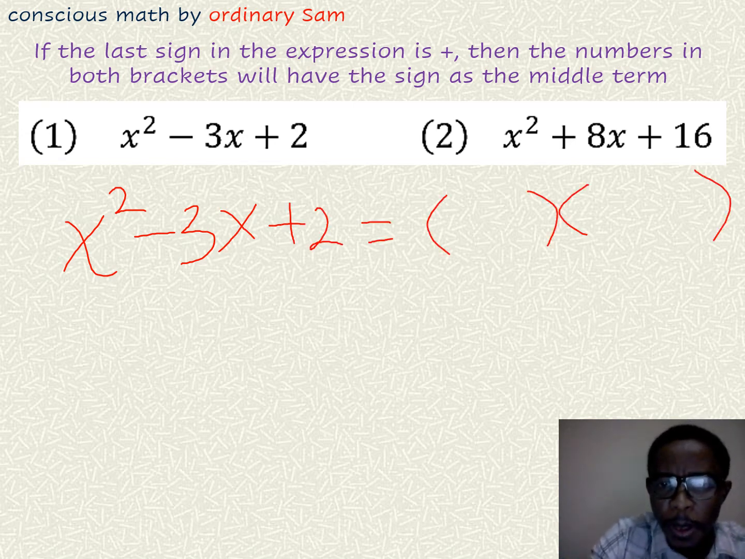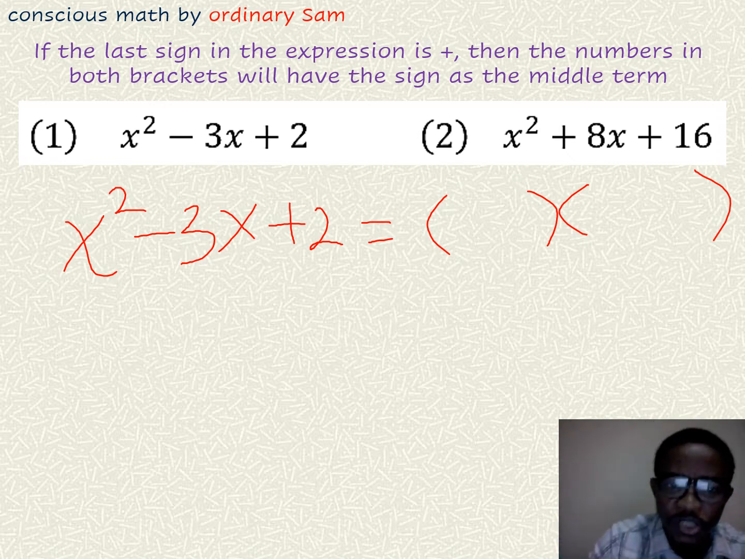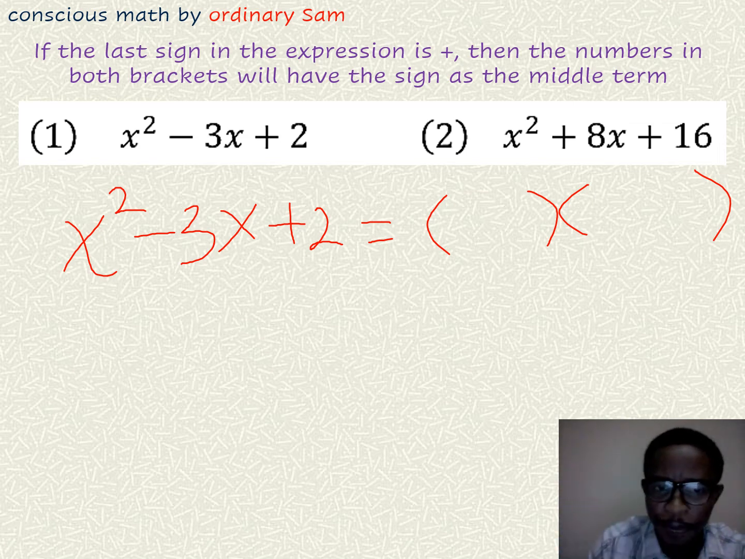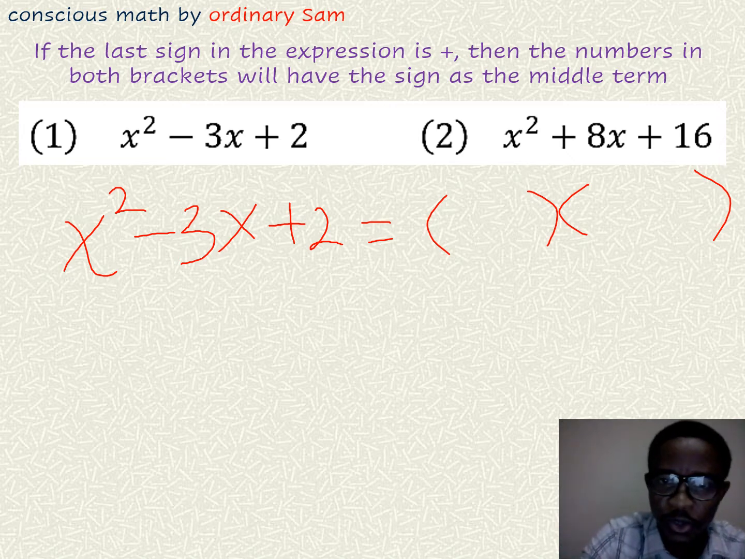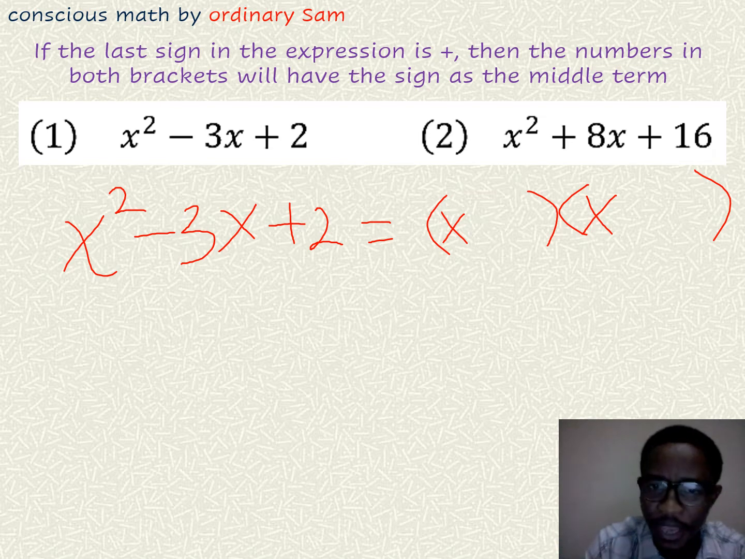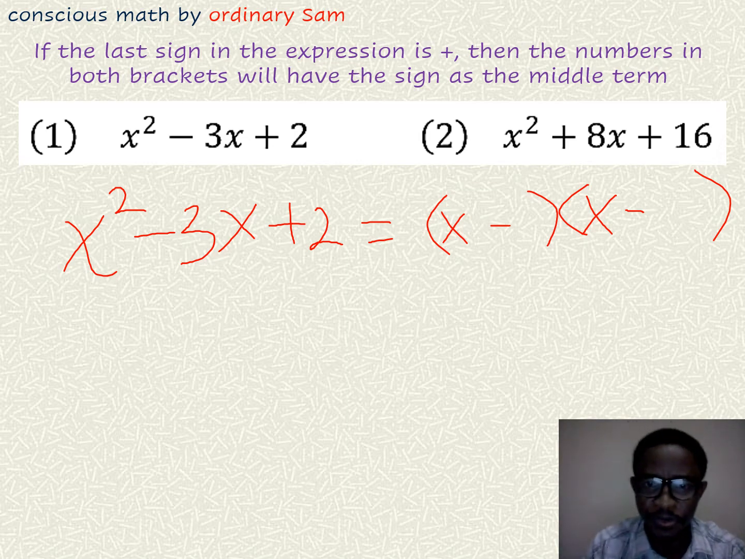Now, because the last term is a plus, the rule says go to the middle term and look at the sign there. Both brackets on the right hand side of the equation will carry that sign. The variable we are dealing with is x, so I have x and x. The middle term is minus. It will have minus and minus because the last term is a plus. Then finally,